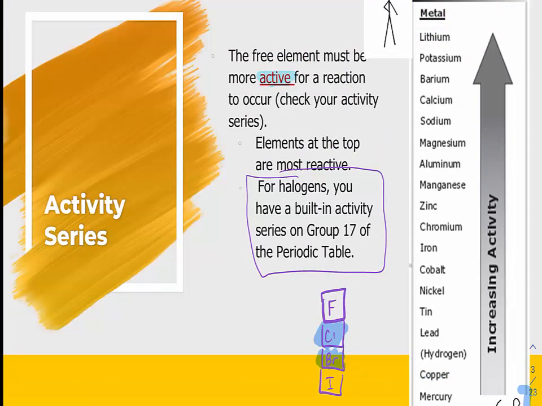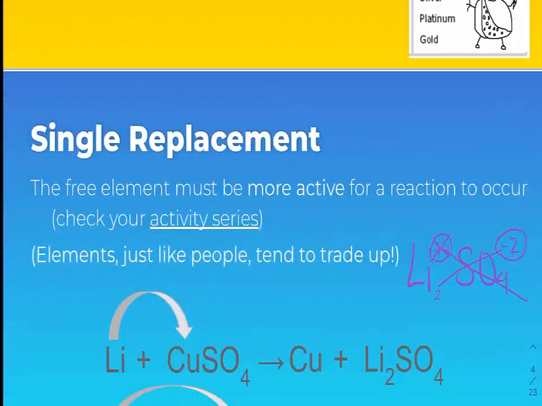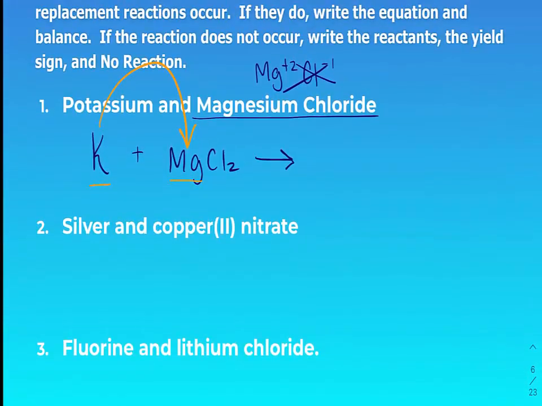So potassium is really cool, way up here at the top, very active. And magnesium is further down. So yes, potassium can kick out magnesium, so we are going to do that. Potassium will kick out the magnesium, and I like to go ahead and write the magnesium by itself now because